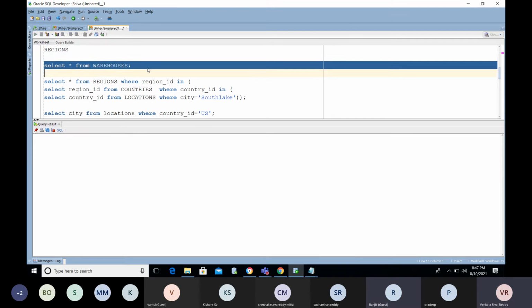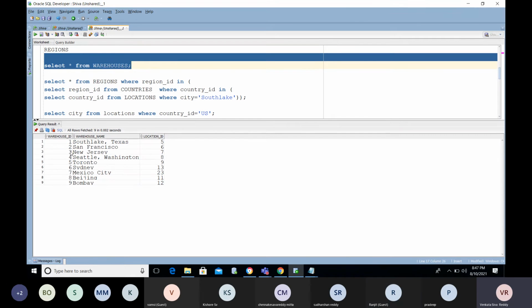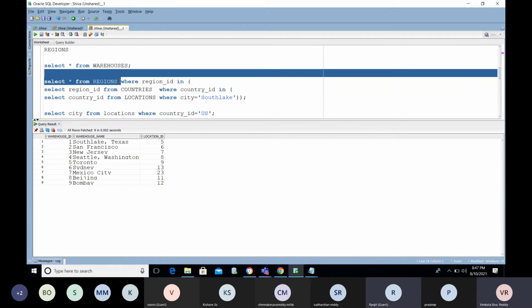Ranjit, what I am saying, see, I have the warehouse details here. This is the warehouse detail table. I need the details like regions we have, right? Regions. You can retrieve like this. So this is related to which regions? New Jersey and San Francisco. Related to which region I need to identify. Now tell me, you understand the question? Yeah, understand.